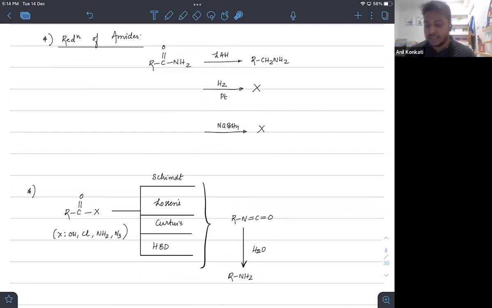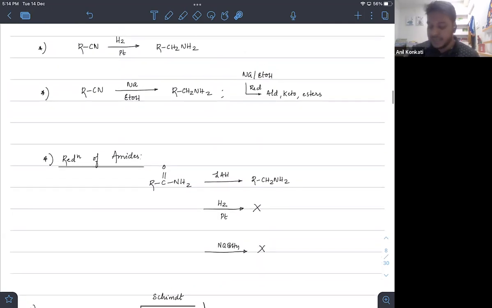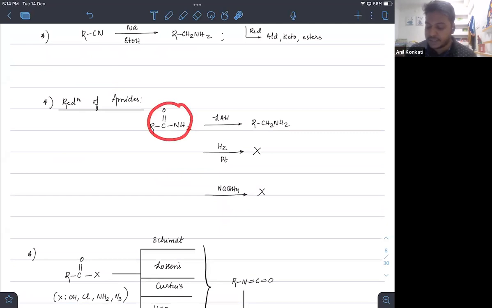Now see the case here. If you have nitriles, they can be reduced by H2/Pt. But if they are in the form of amides, then H2/Pt cannot reduce them. Neither will NaBH4, which is anyway not going to reduce them, correct? So keep this in mind, H2/Pt reduces only